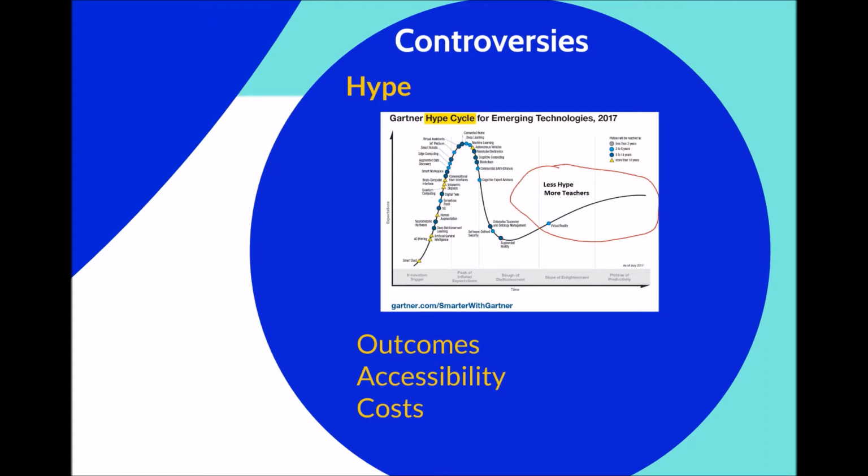There are lots of controversies. I've included a picture of the Gartner hype cycle for emerging technologies, and flipped learning goes exactly in this area. You may be familiar with Facebook, which 10 years ago was credited as a kind of revolutionary tool, and now is being criticized extensively. At some point, in the tail of the cycle, it just levels off and people start figuring out exactly how to use it.